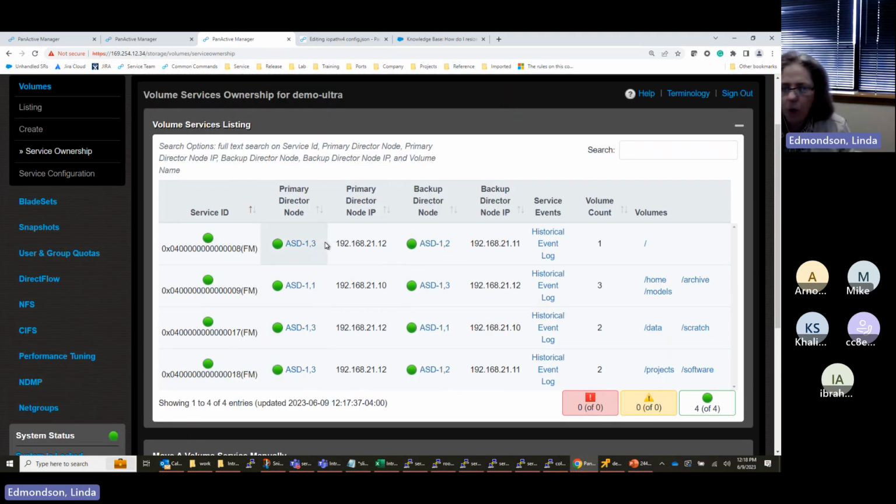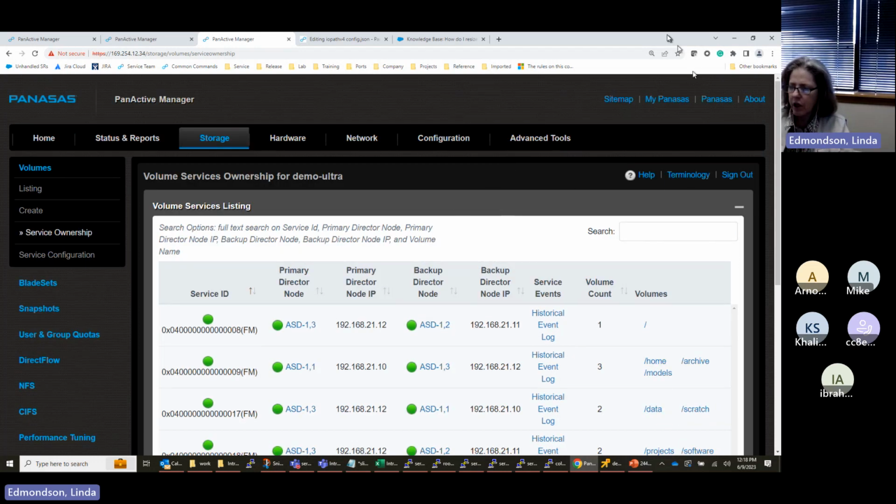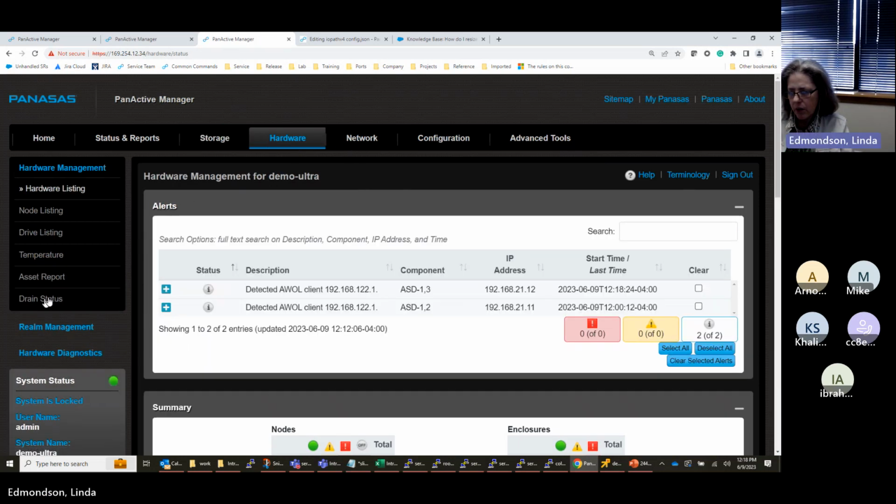As a matter of fact, we will wait until we get to the replacement article to talk about that. But we've done the preparation that the article is going to talk about. Let's go check on that drain. So let's go to hardware, drain status,